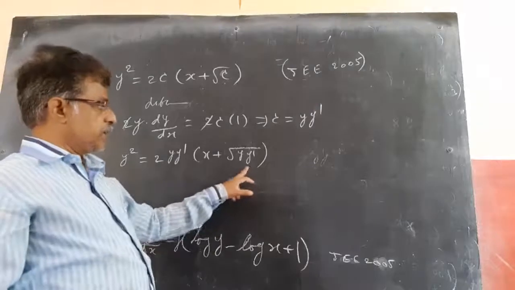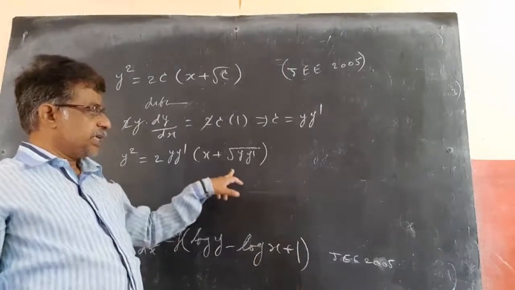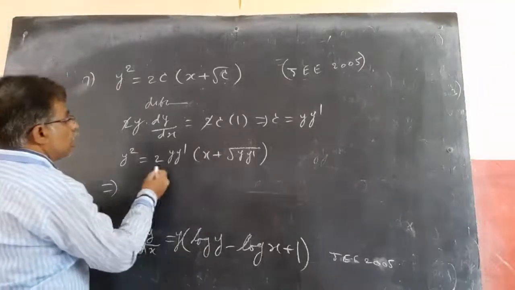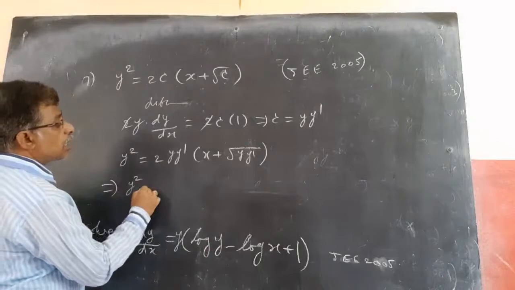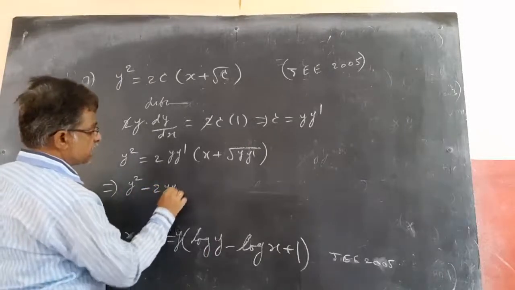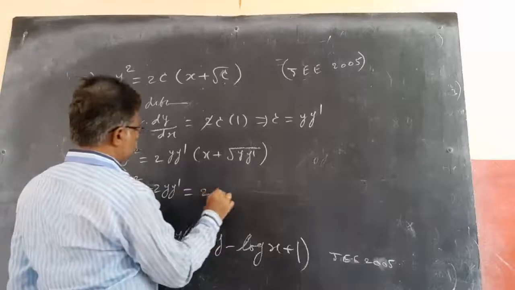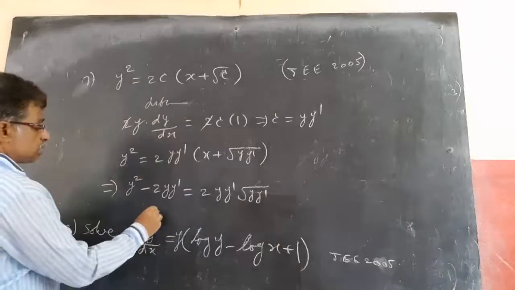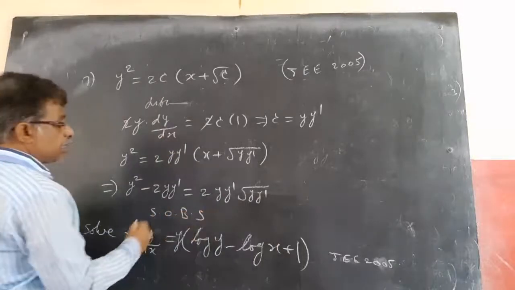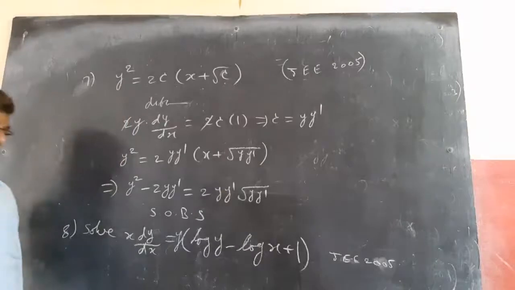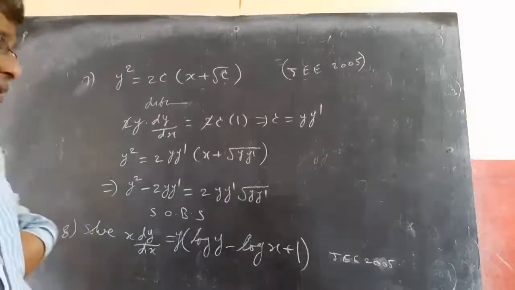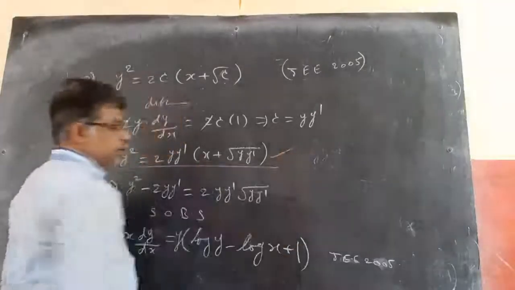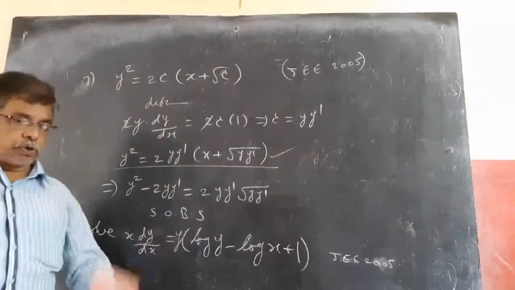Now you can leave it like that, but depending on the options you have to proceed. So you need to simplify. You need to convert it to a differential equation. It is not a differential equation yet because a root is there. It should be free from radicals. So you can write y square minus 2y dash x equal to 2y dash into root of y dash. Squaring on both sides, this root will go away. The left out equation you can find is the required equation. That's it. Observe, the option you will find this. If you want, you proceed like this.